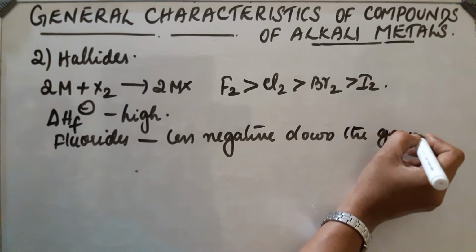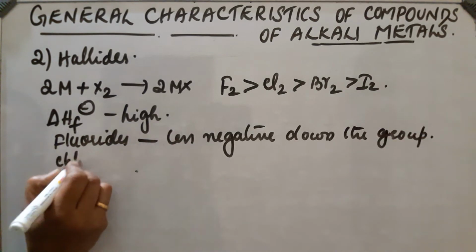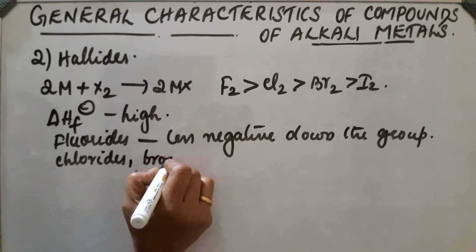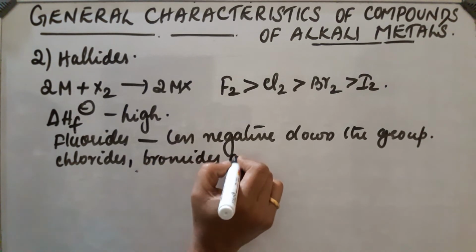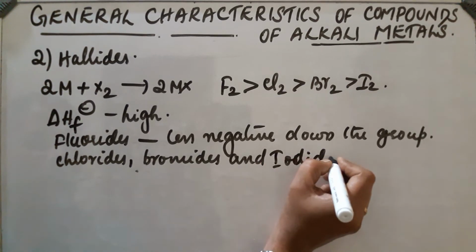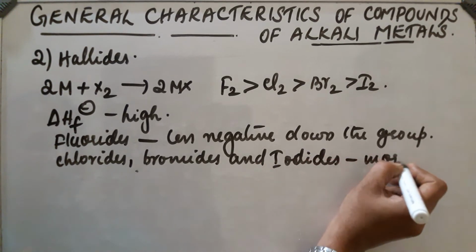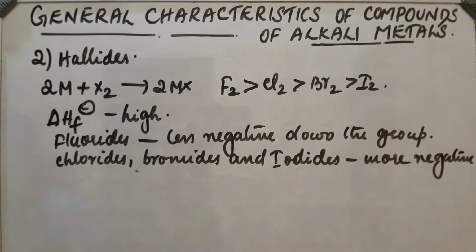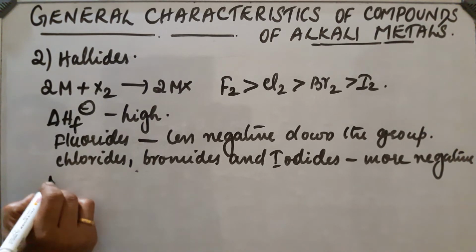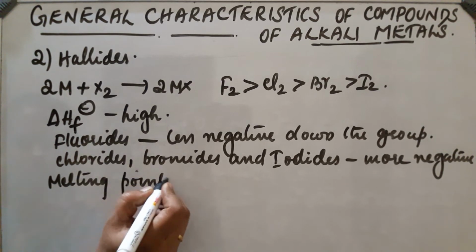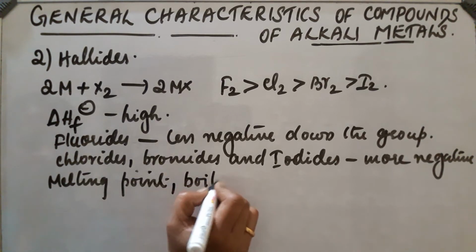But in the case of chlorides, bromides and iodides, they are more negative down the group. And the melting point and boiling point will be in the order